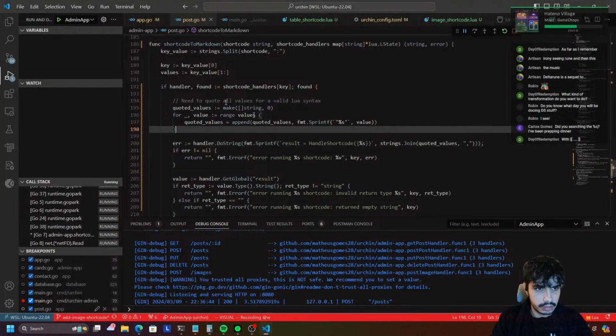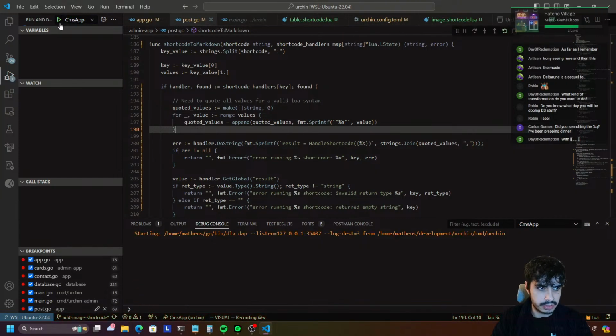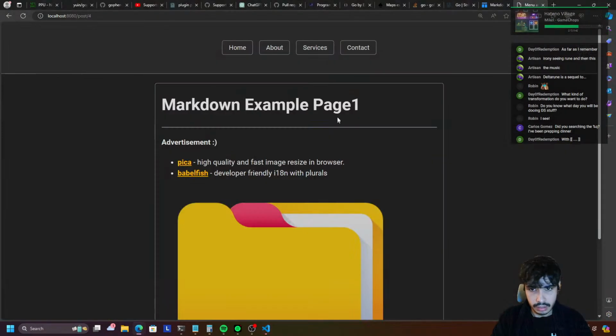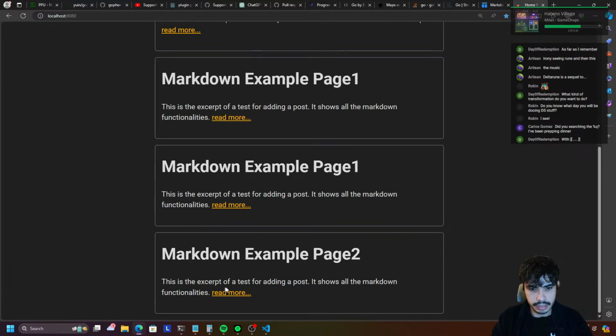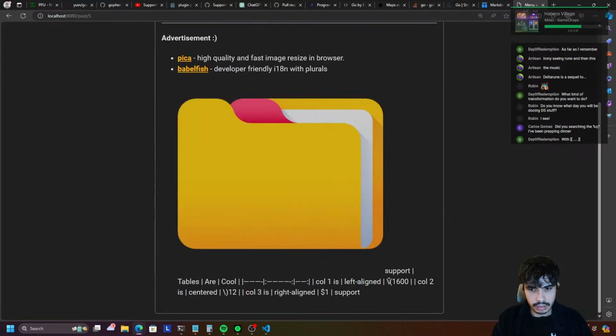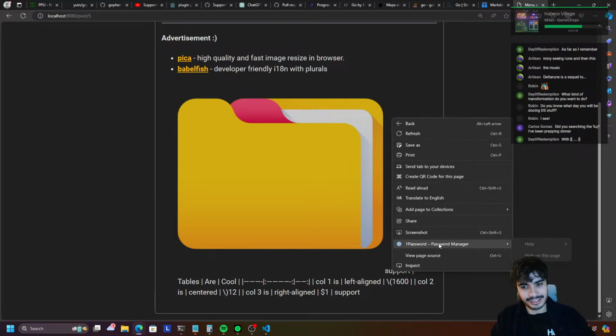I'll let it run. And now we can start the CMS application as well. We can stop this one. They're on the same port, so I have to stop one actually. Okay, so now if we go to the page, we have page 2 here, and it still doesn't show up correctly. So the Markdown is not being